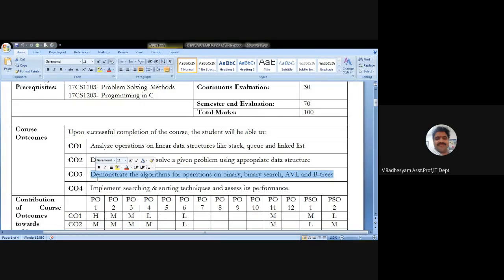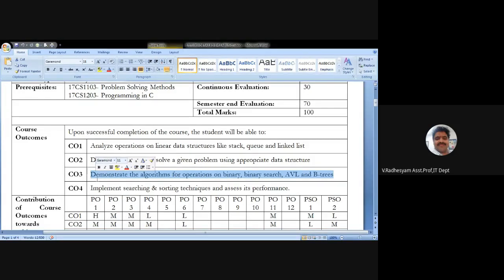And now come to CO2. CO2 is more generic. That means there will be a problem given to you. You need to understand the problem, and you thoroughly study the problem. And you need to select by yourself whether it can be solved by a linear data structure or a non-linear data structure.